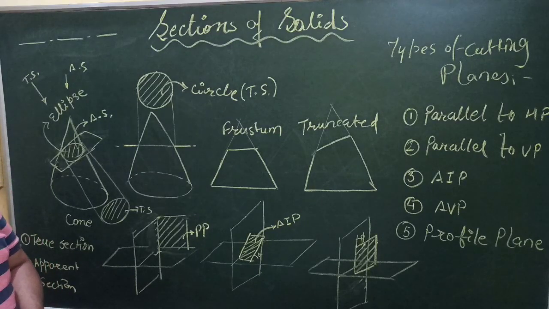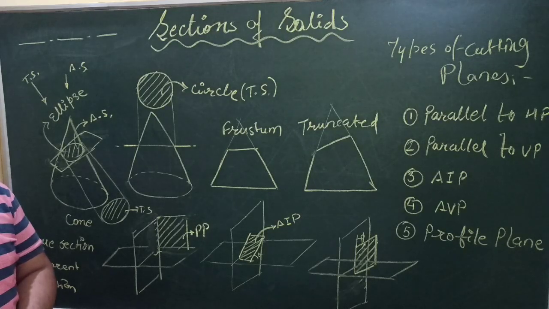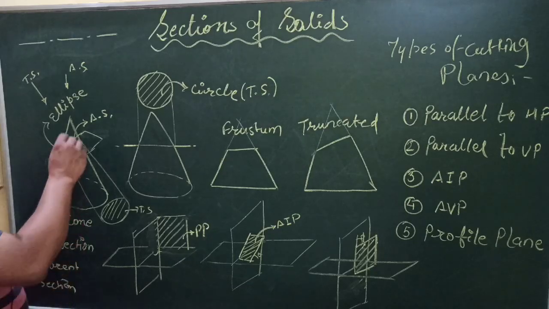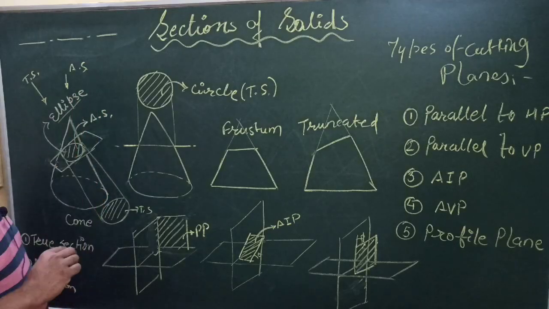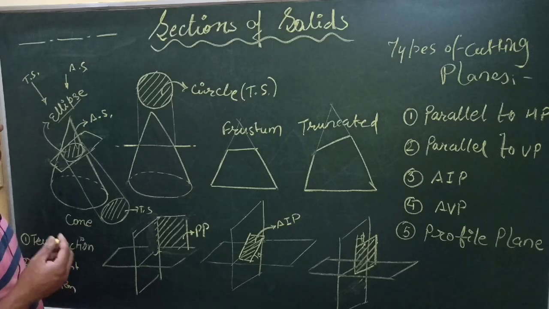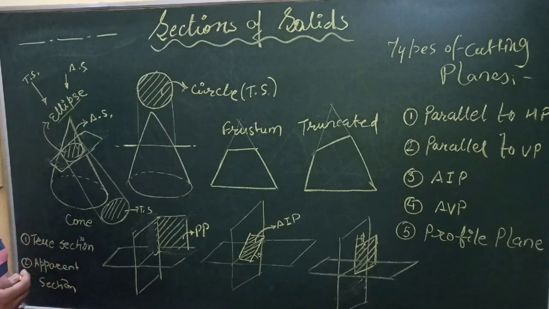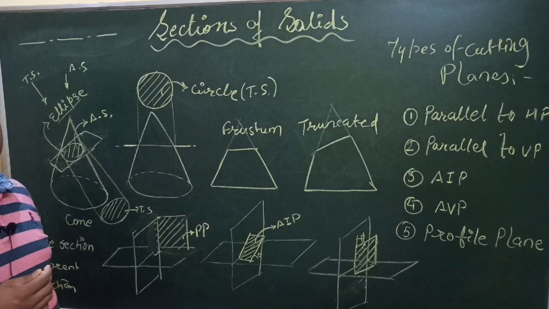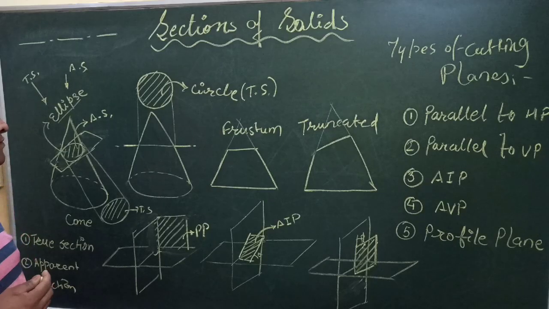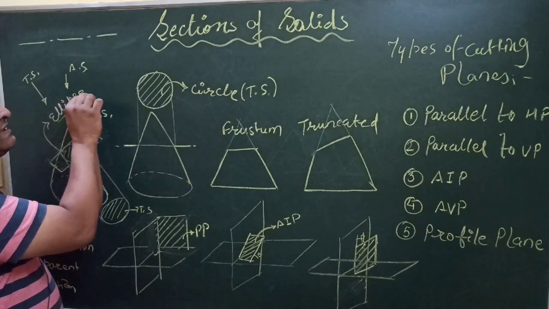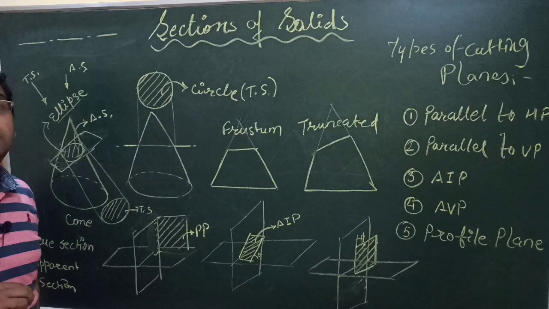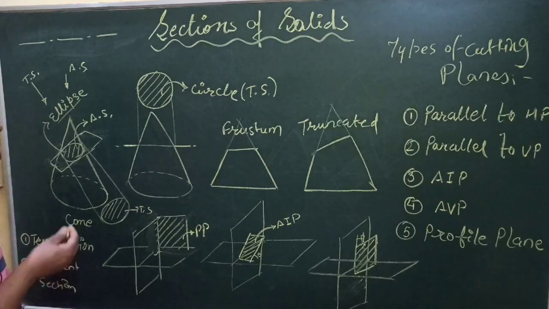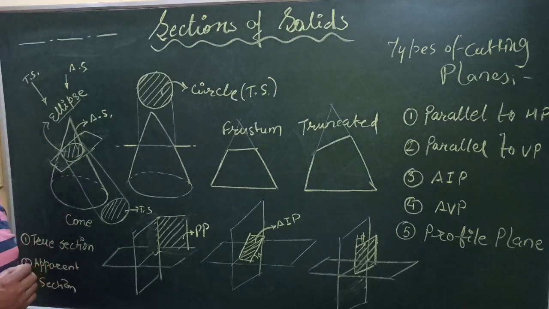As you can see in the topic ellipse, parabola and hyperbola, all these terms you might have gone through their definitions, introduction, as far as their eccentricity or major axis, minor axis, distance from focus and all those. But basically all these ellipse, parabola, hyperbola are termed as conic sections. Why they are called conic sections? Because they are simply sections of a cone.